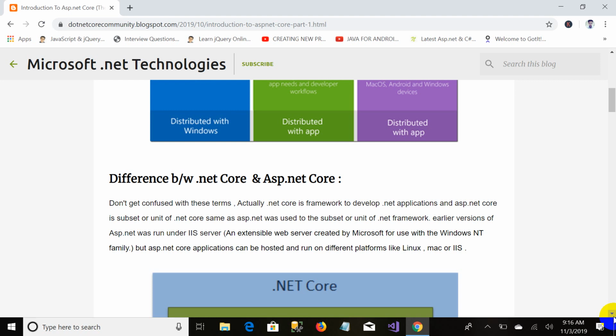Don't get confused. Actually, .NET Core is the same as what .NET framework was. .NET Core is a framework to develop .NET applications. Like in the past you had the .NET framework, and now you have .NET Core. And ASP.NET Core is a subset, like ASP.NET was a subset of the .NET framework. Similarly, your ASP.NET Core is a web platform on which you develop web applications, and .NET Core is the environment, a framework in which your ASP.NET Core is a subset. Okay,